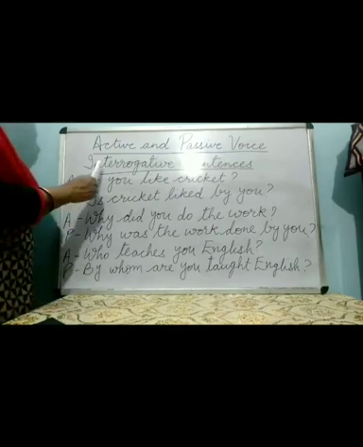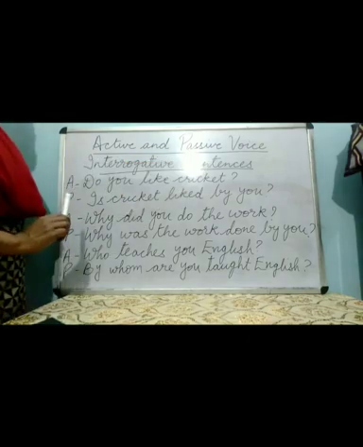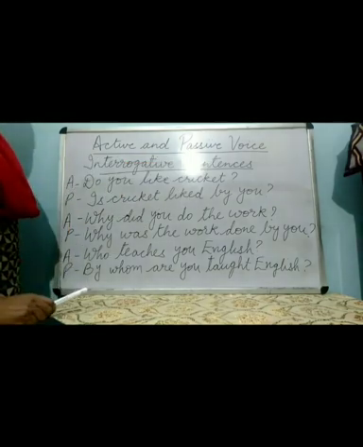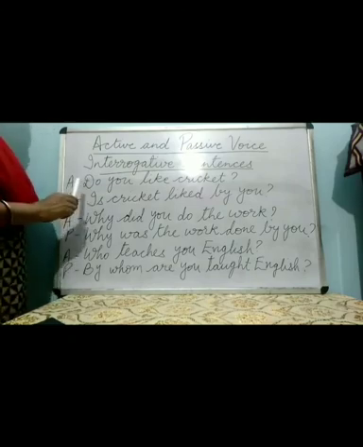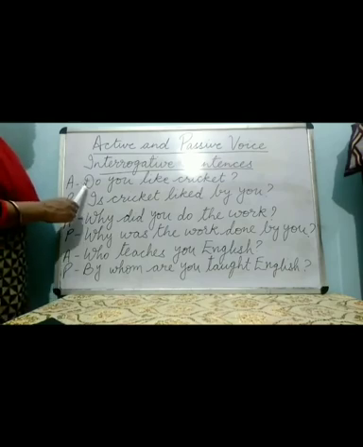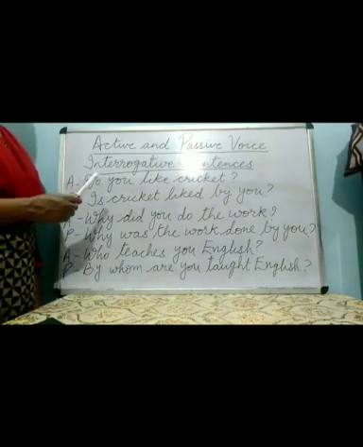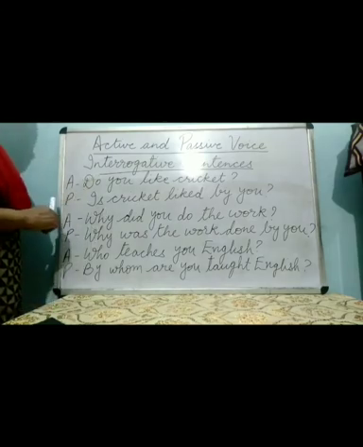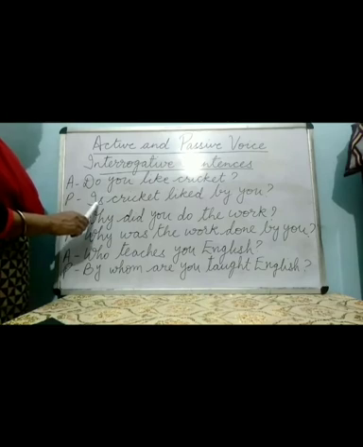Now next is rules related to interrogative sentences. Interrogative sentences means questions, rules related to questions. Now here there are some changes, like when we are using the words do, did or does, then these auxiliary or helping verbs change and is, was, are or were are used. So we remove the word do and use the other helping verb is here.